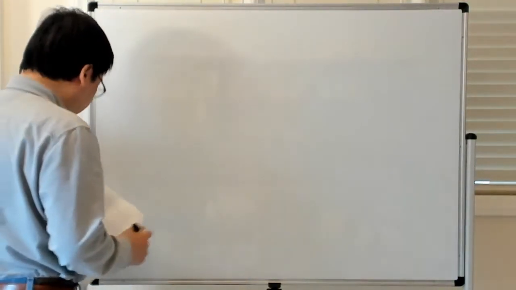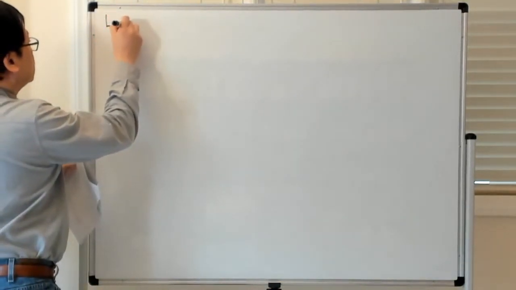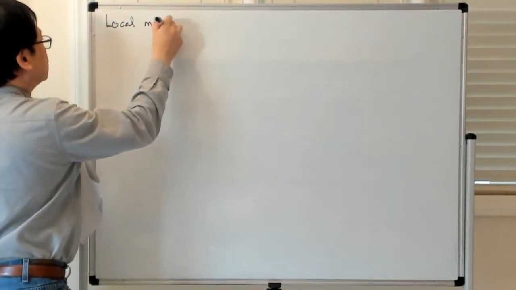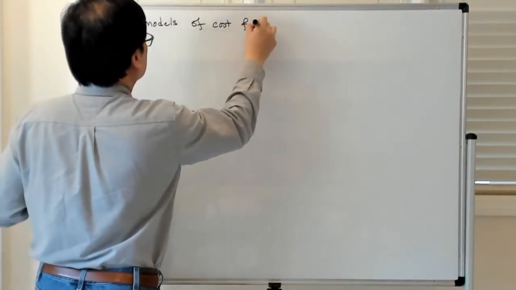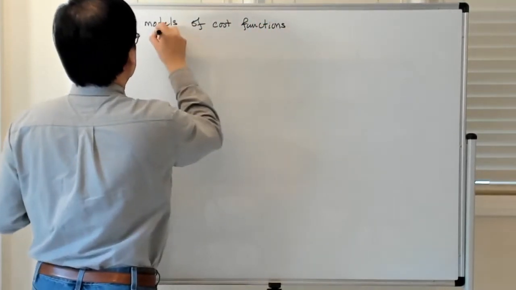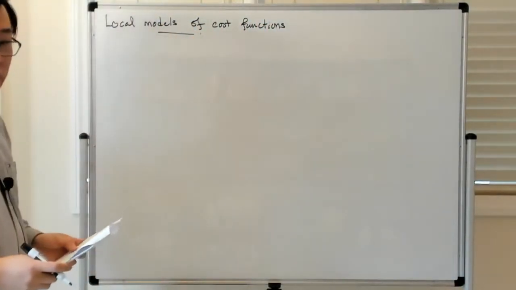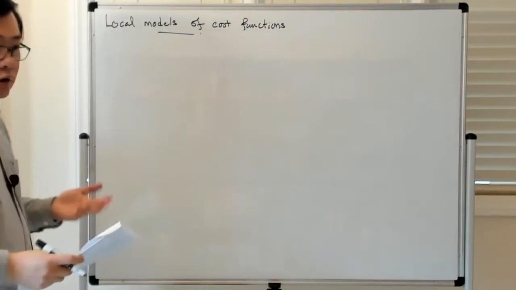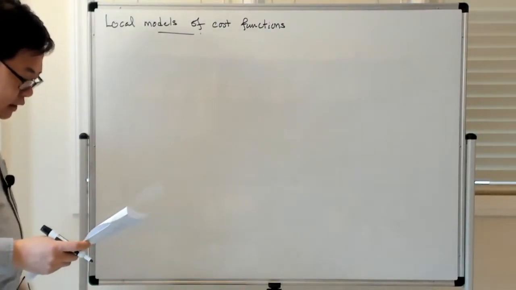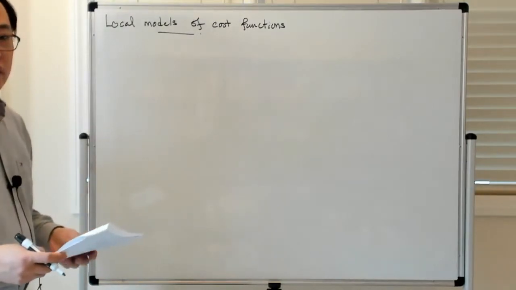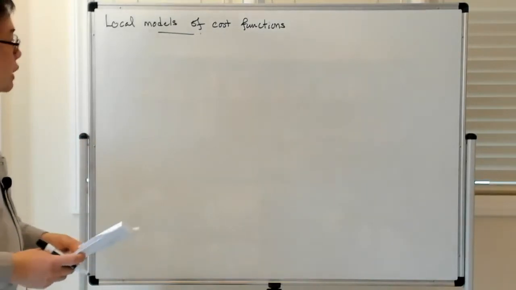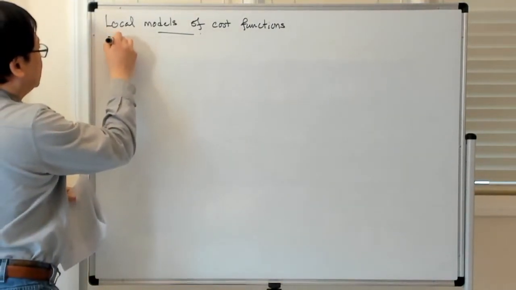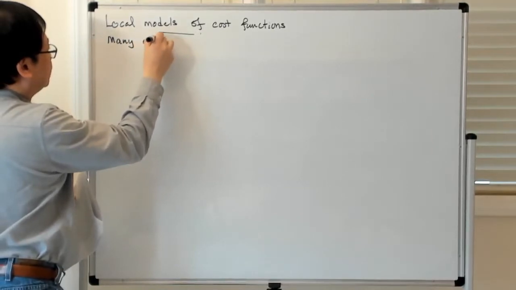All right, now let's talk about local models of cost functions. As we discussed, many optimization algorithms rely on constructing a sequence of quadratic models of the cost function and then using minimization of those to generate the next iterate, right? So many optimization algorithms